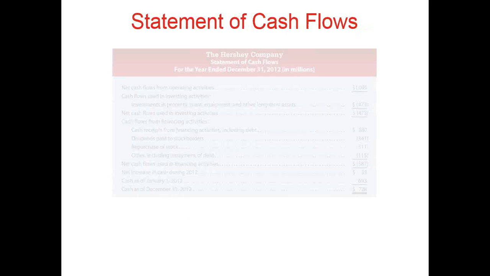The fourth financial statement is the statement of cash flows. Everything we've looked at so far is looking at the profit of the company. Profit and cash are two different things. A company can make a profit and still have no cash, depending on how many loans they have outstanding. A company in that position is usually called heavily leveraged, meaning they owe a lot of money.